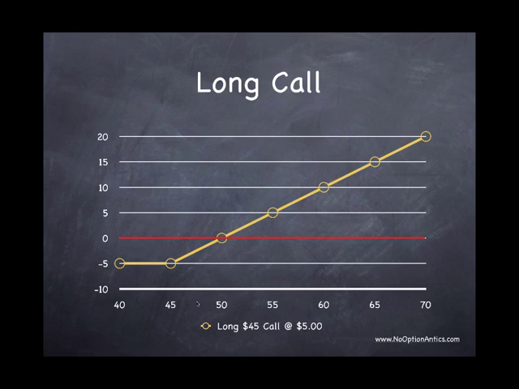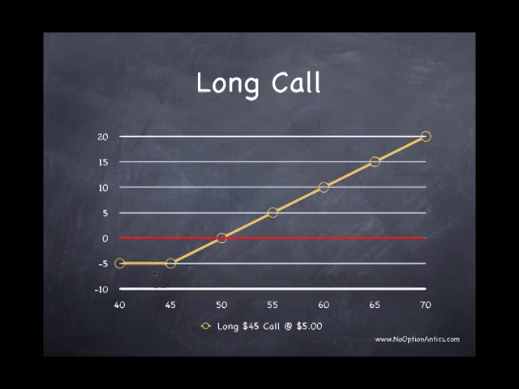But as the stock rises in value down here, we can see that my risk graph starts going in an upward direction. And you see that the break-even point happens to be right at the $50 mark. The reason why is we have the ability to buy the stock at $45, but we paid $5 for that right, so we have to overcome that $5 that we paid. Beyond that point, we have an unlimited upside potential, because no matter how high the stock goes, we can still purchase it for the $45, which is what owning the call has given us the right to do.